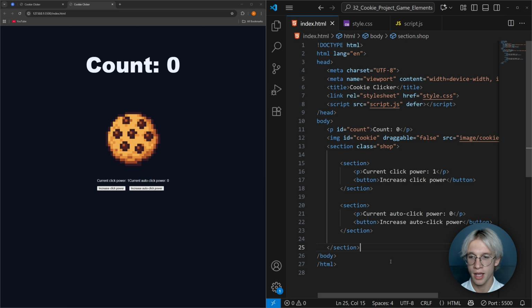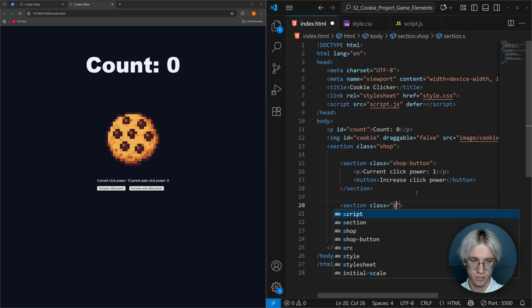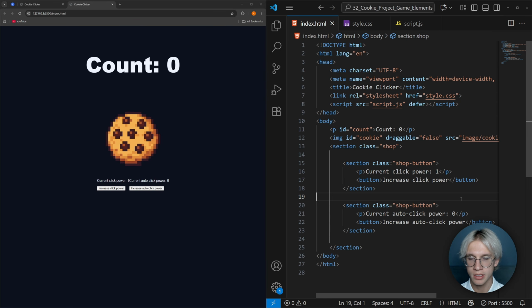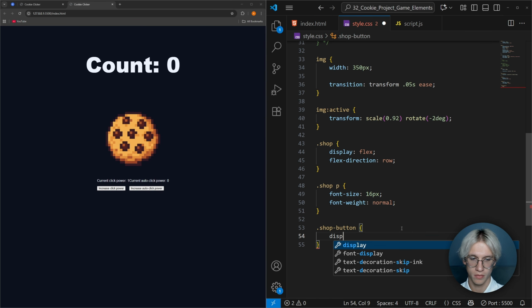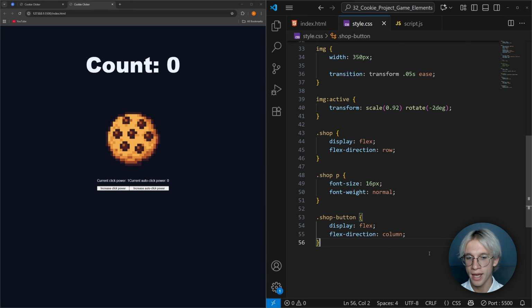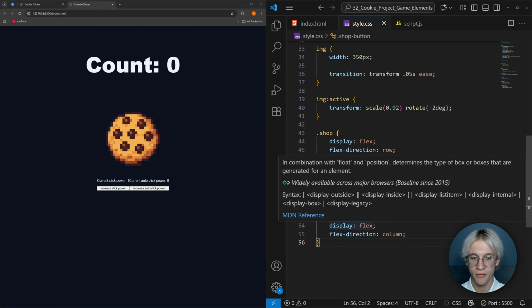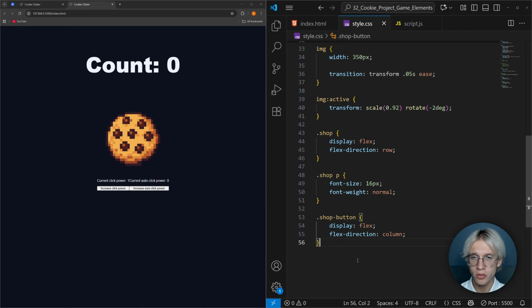And now you see that they have the right alignment, but again, we can define the explicit alignment of these elements. For that, I need to give a class for each section. So I will give the same class for them. And both these classes will share the same styles. So I added the display of flex with the flex direction of column,